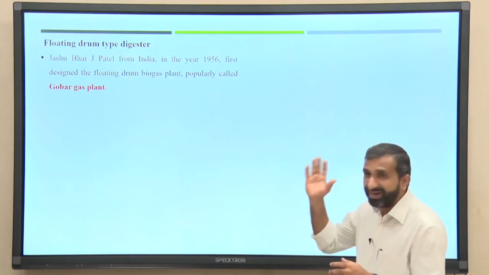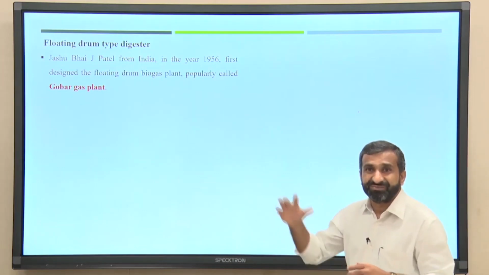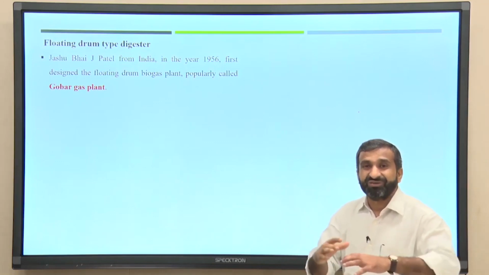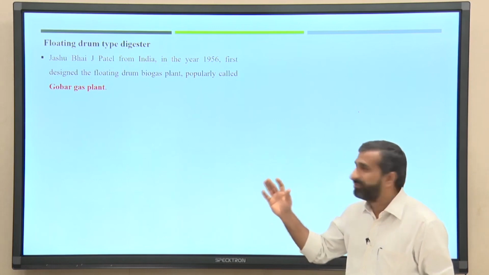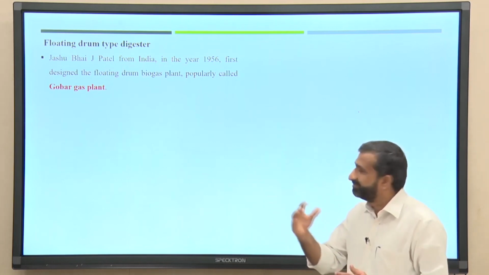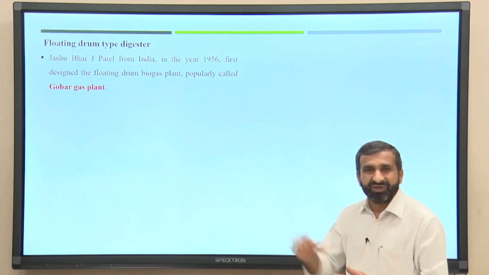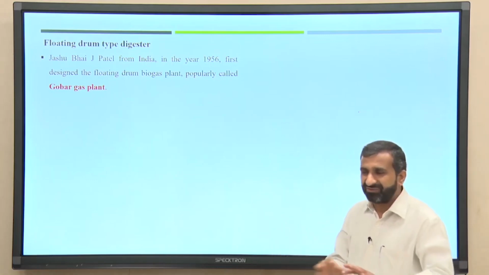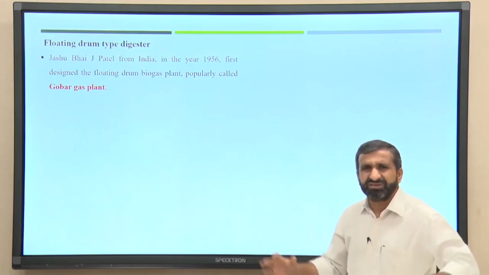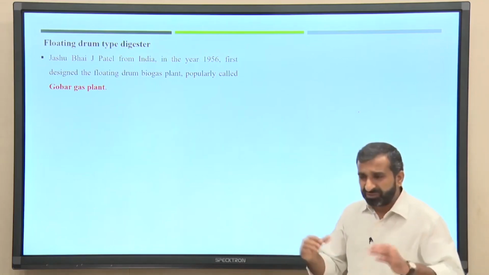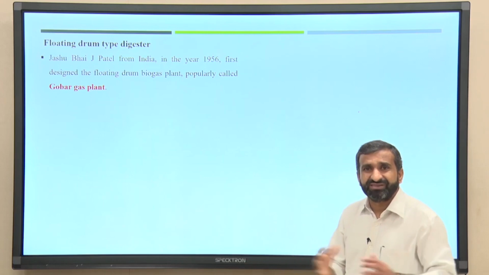When I was reading about that particular person, in both the cases, whether you take the Janta model or the Dinbandhu model, they were installed in large numbers, but the problem was leakage was always there in